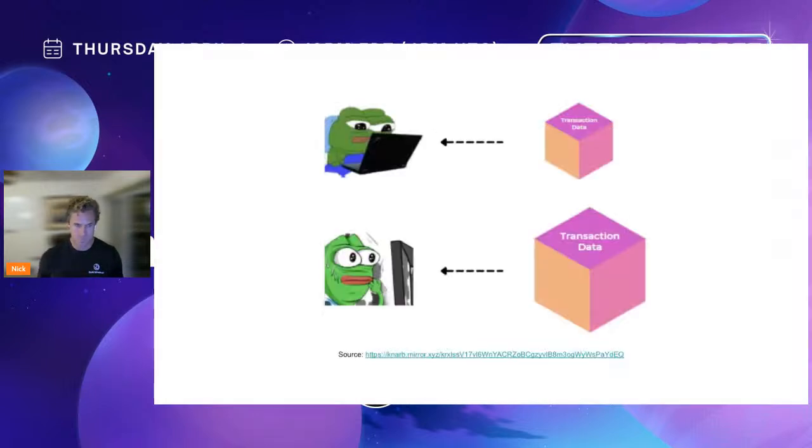And this is huge because in the previous example, as transaction data increases and the number of people using the network goes up, eventually people are no longer able to run nodes. In this modular paradigm, even as the block size increases, people can still run nodes and verify the network without needing to drastically scale up their computing resources to keep up with network growth.